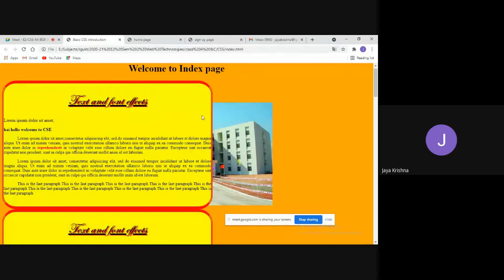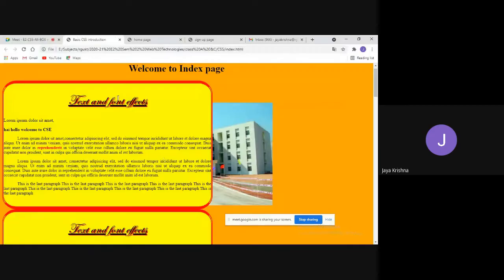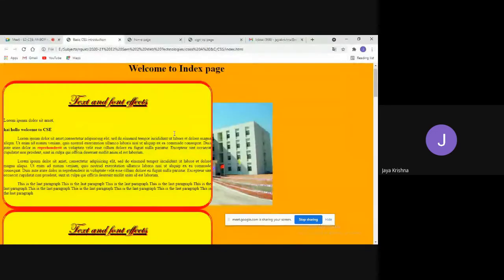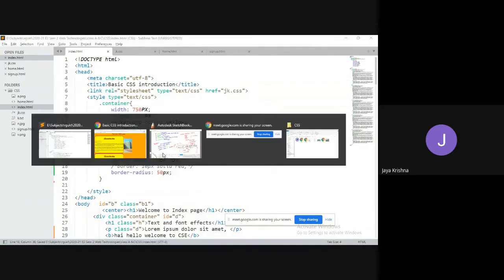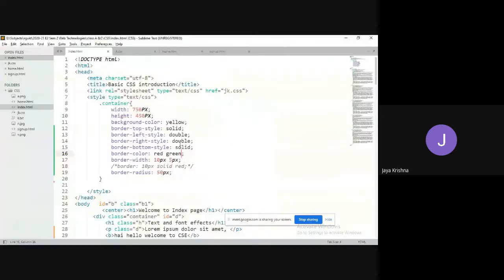What happened? You got the double right. Observe, this property is applicable for top and bottom, and this 5 pixels is applicable for right and left. That is why you are getting the small size. So is there any shortened property for all this? Yes, border-top, for example, anything like this you can call. For example, I am going for red and green. Observe here, red color for both top and bottom, but for left and right you are getting green color. Like this you can use this border property.